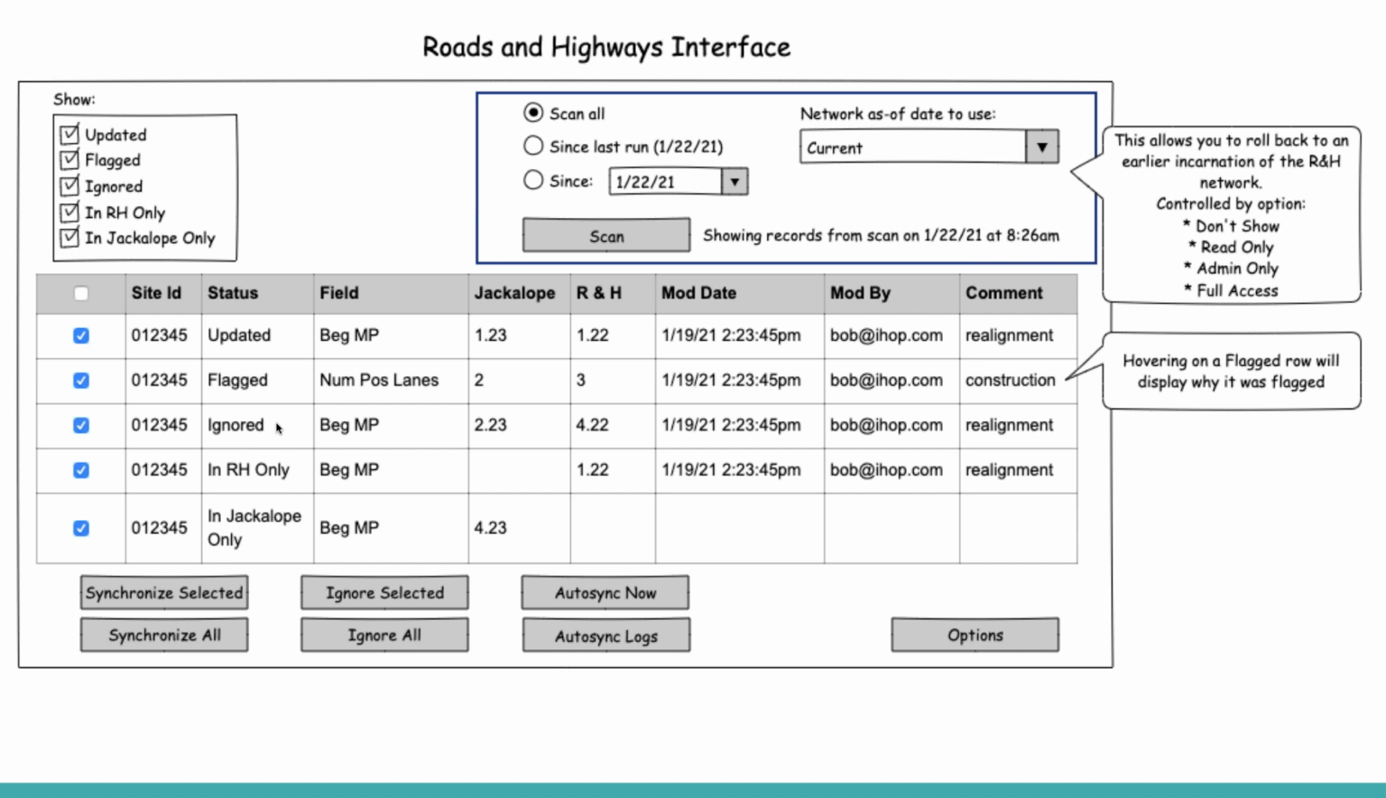The system needs to know how to resolve that. Should we ignore that? Should we go ahead and do the change and trust that you're going to run phase 3, or what's the deal? That's what flagged is. Ignored is